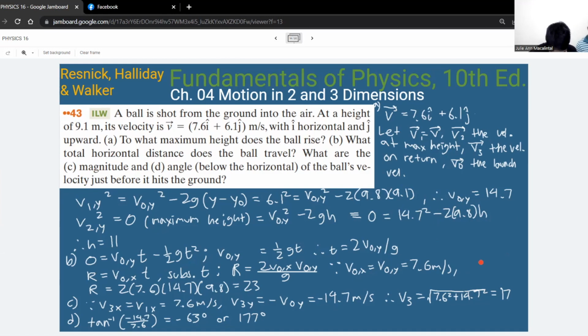Ganun. Total horizontal distance. Anong units ng yung sa letter V? Minutes. Yung total distance? Oo. Ano yan? 23 what? 23 meters. Okay. Tapos yung sa V sub 3. Okay. And then angle is